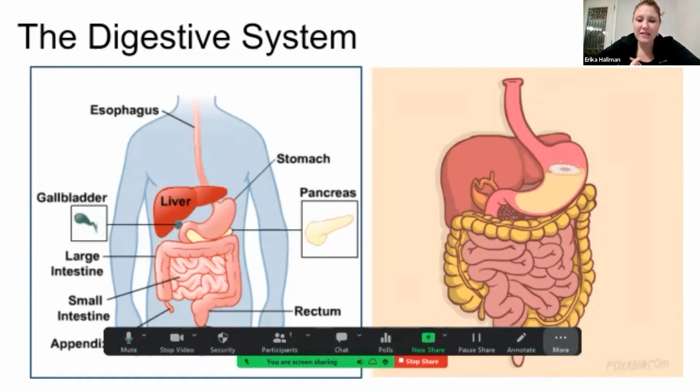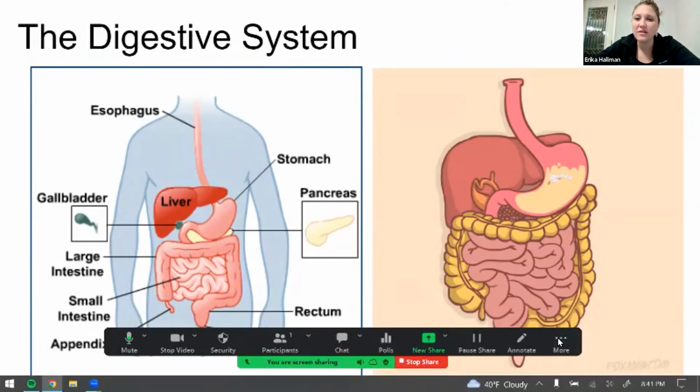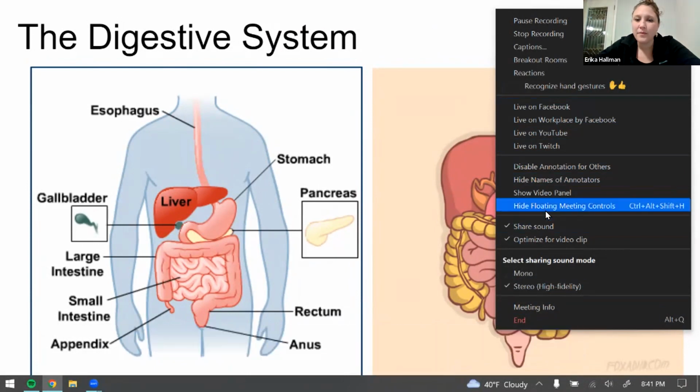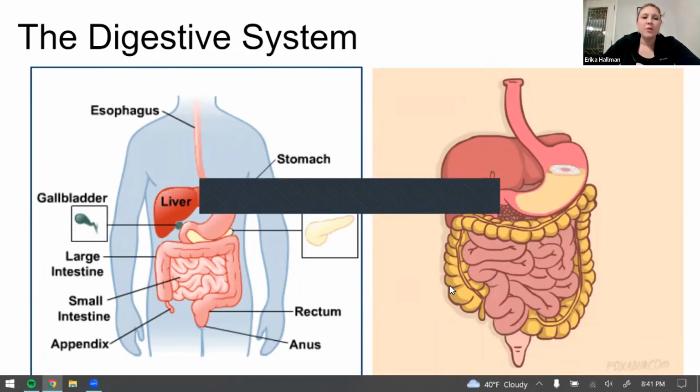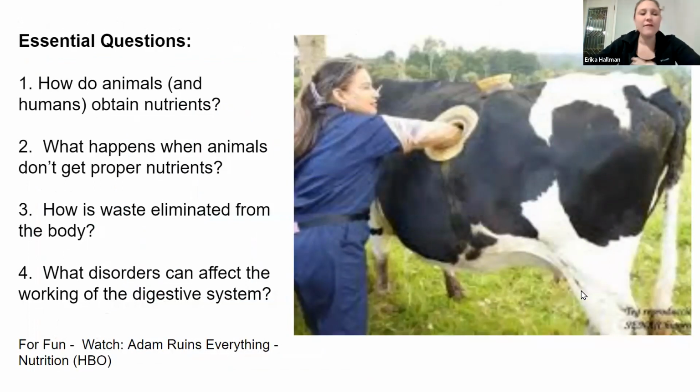We're going to jump down into this today, and we're going to talk about structure and function within the digestive system. Okay, so here we go. In the digestive system, we're going to be focusing around